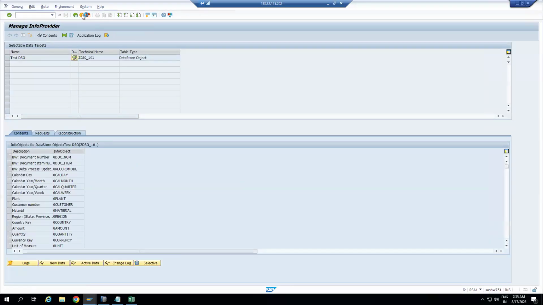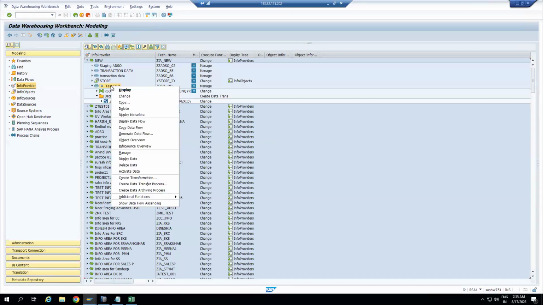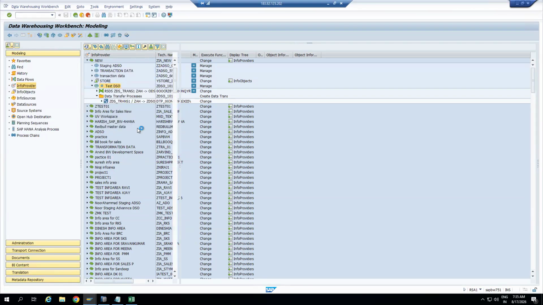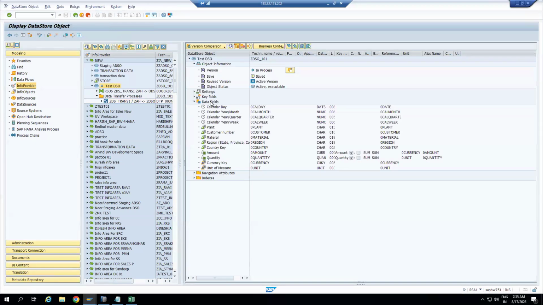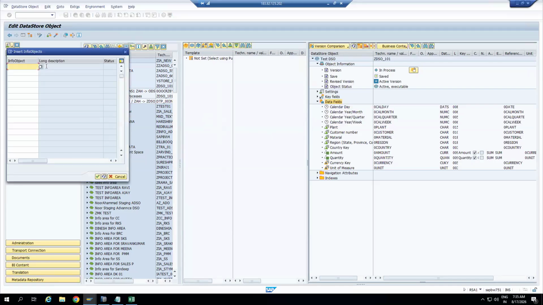Go back. Okay, now I'm deleting again. Delete data. Now here, what I will do is change the structure. I'm just adding one more field. Right click. First we need to go to edit mode. If you want to make any changes, we need to go to edit mode. For any object, same way. Go to info object direct input and here